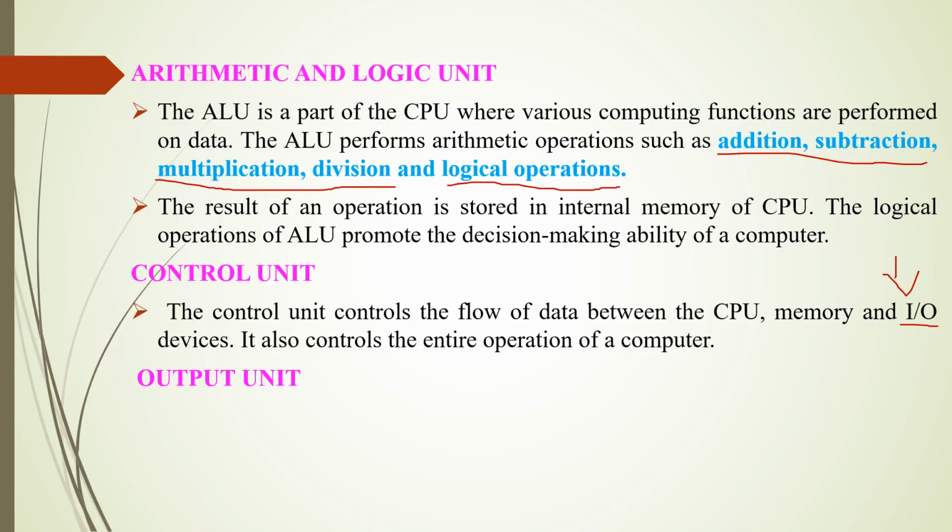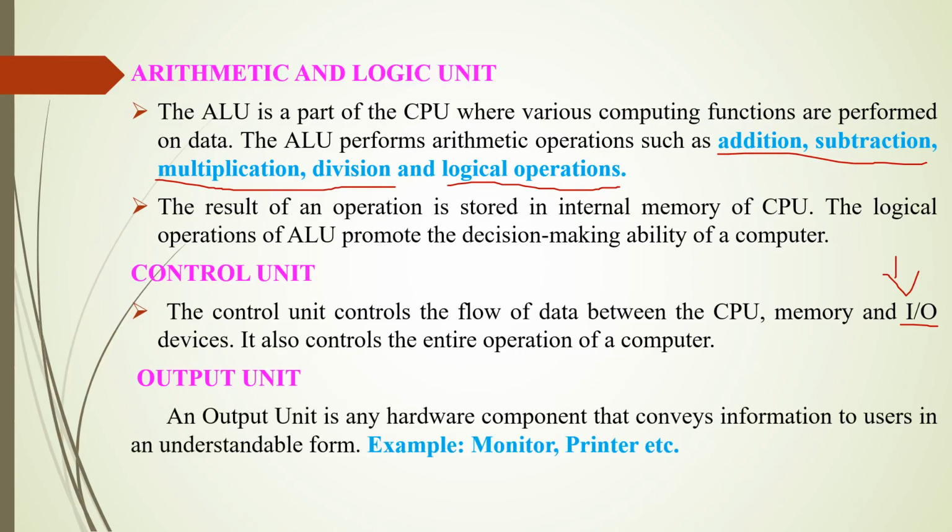A mouse and keyboard are examples of input units. Likewise, monitor and printer are output units, which convey information to the users. Now you are watching something with the help of your phone display, isn't it? That screen is considered an output unit, but in your mobile it's considered both an input and an output unit. How? We give the input with the help of that screen only, and we get the output on the same screen, isn't it? So monitor and printer are examples of output units. Is it clear?